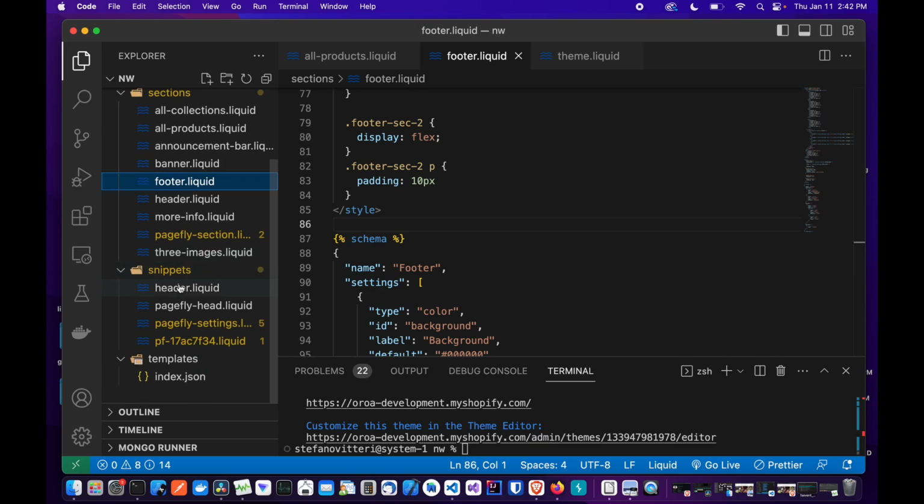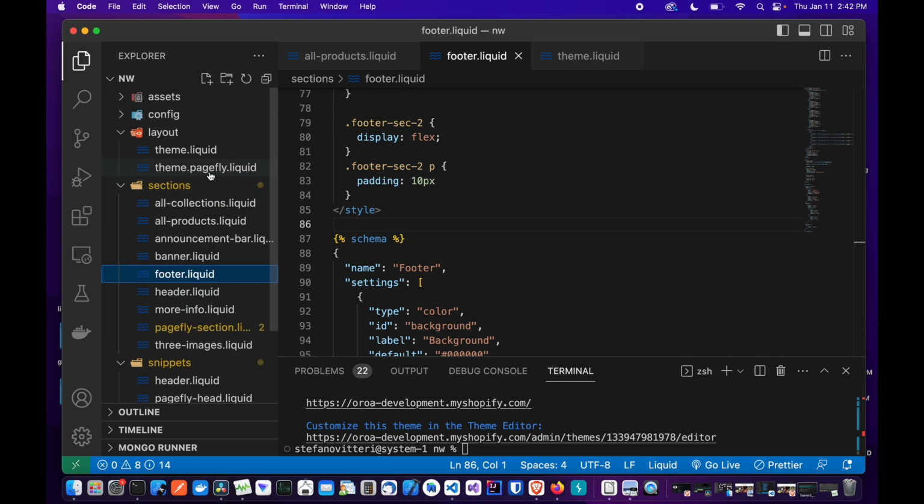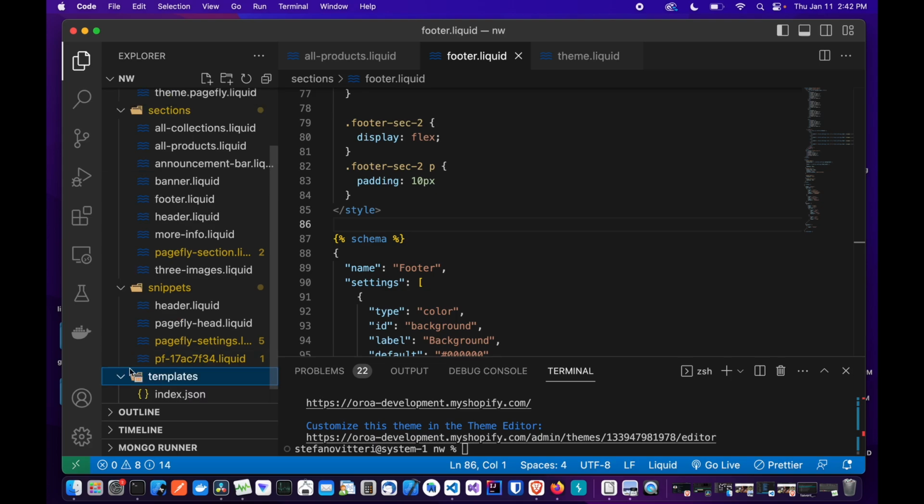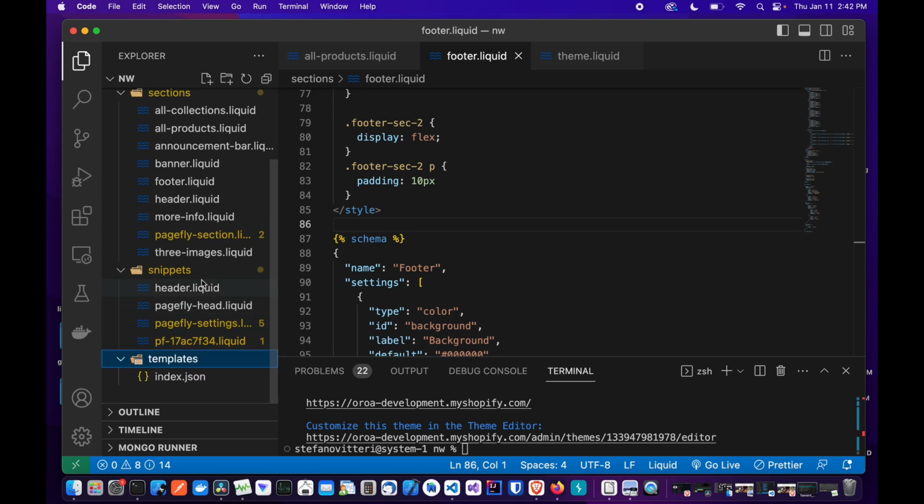Okay guys, so for the next step, we're going to work on our next templates. And I said that we're going to work on the collection and product template. And in the meantime, I'm going to create everything. So let's start with our